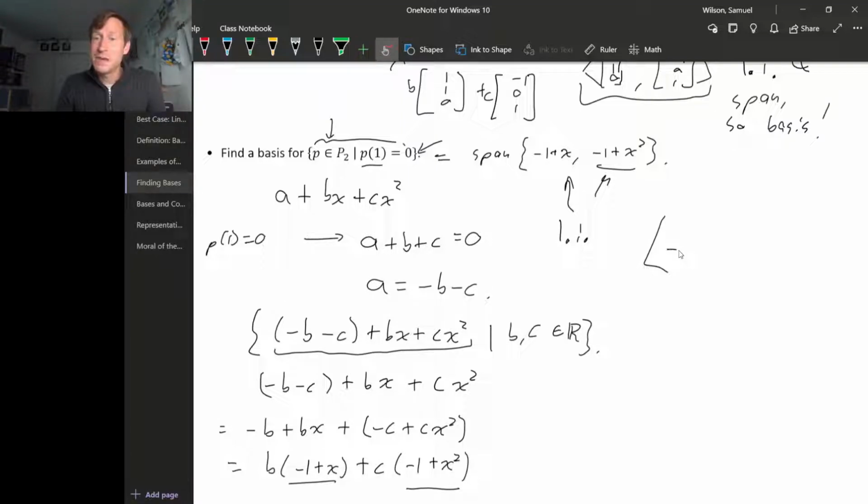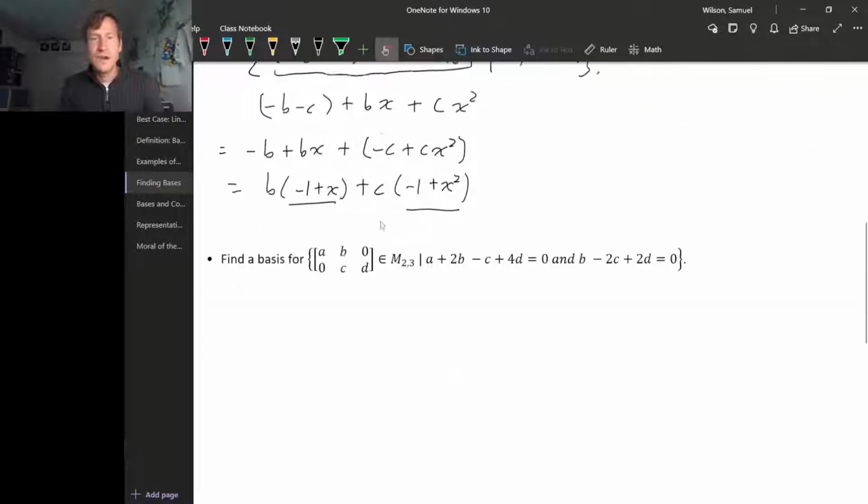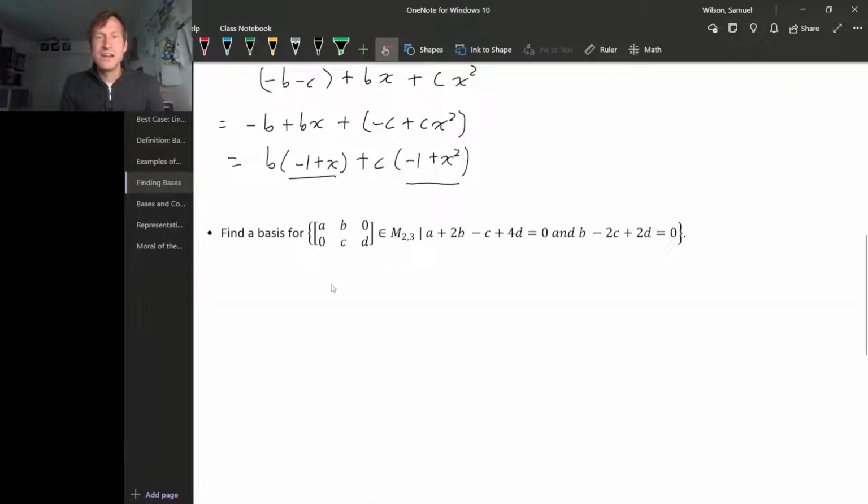And so now we have a basis, right? Minus 1 plus x and minus 1 plus x squared form a basis for this subspace over here. All right, one last example. Let's find a basis for